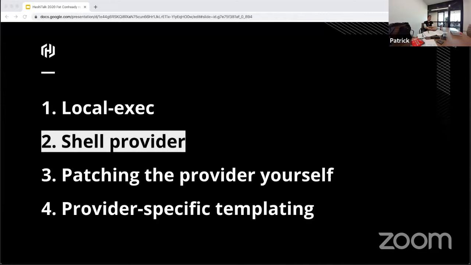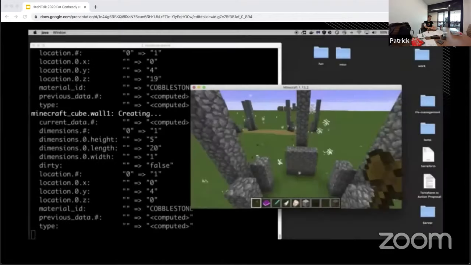So that probably takes us through to the shell provider, which is the second option. Shell provider is a community provider. It's not one of the official ones. It was put together by an engineer by the name of Scott Winkler. He gave a talk today, which I look forward to catching the recording of. He also gave a talk last year at HashiTalks, so I thought I'd share the screen grab because I quite liked it. He's deploying a cobblestone building in Minecraft using Terraform, so physical infrastructure in a virtual environment with Terraform. I thought that was really creative, but